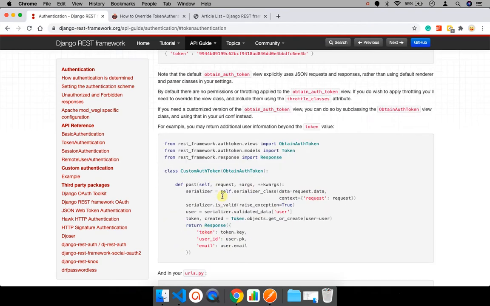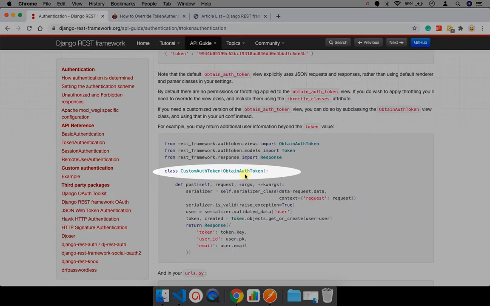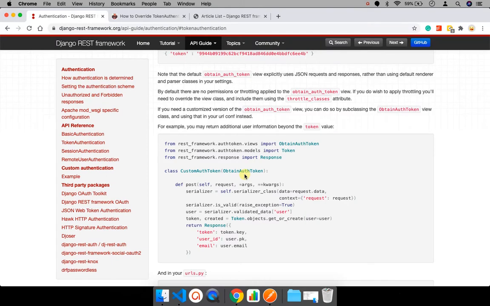This is the piece of code you'll need to copy in your views.py. It basically inherits ObtainAuthToken, validates the user credentials and gets or creates a token for the user. You save that token and for each request, the user sends the token in the header of the API and gets authorized to access the data. I'll copy this.